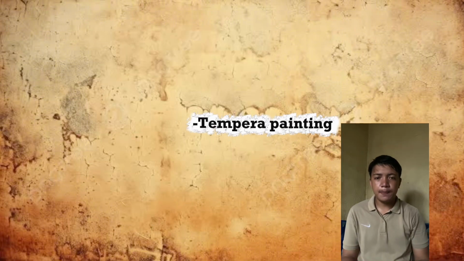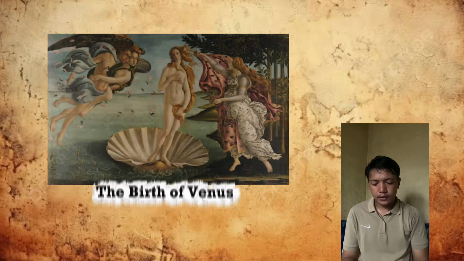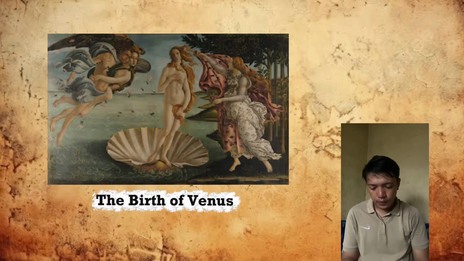Next, tempera painting by Sandro Botticelli. Common before oil painting became dominant, tempera uses pigment and egg yolk. He believed practices valued precision, fine lines, and bright, long-lasting color. Artwork of Sandro Botticelli, The Birth of Venus. Flat yet glowing colors with delicate outlines, typical of tempera.